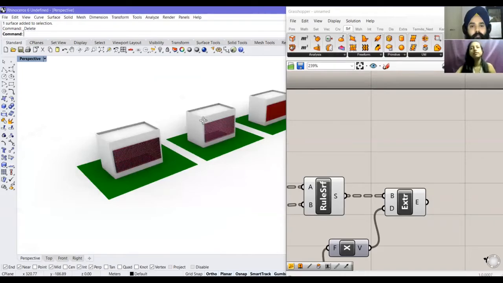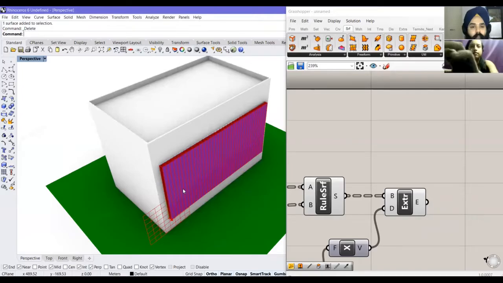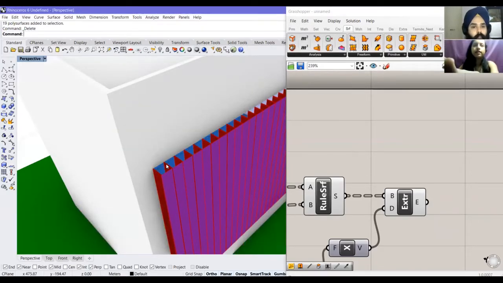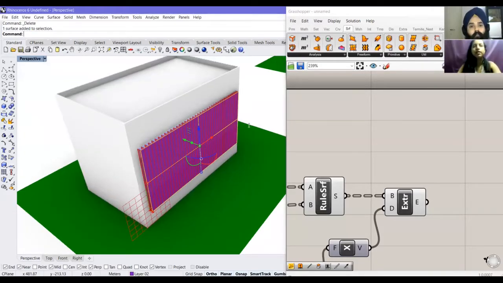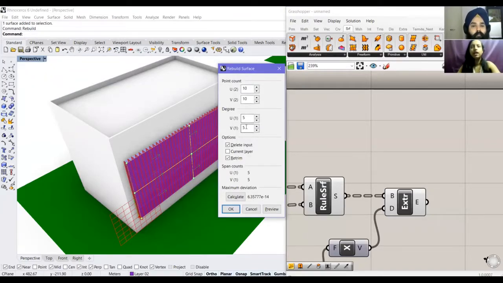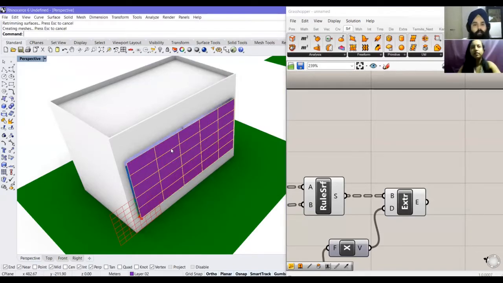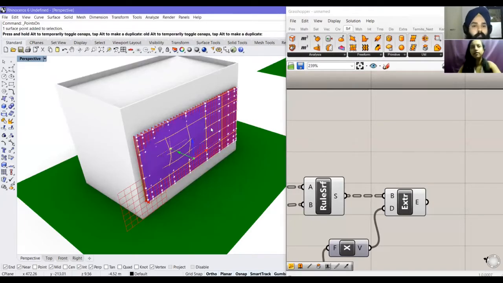Now let us look at something which is the most interesting for me. I'll just delete these extra surfaces and we can make the egg crate. Now we have this surface. Now is something that is probably the magic of parametric design. I'll do a rebuild command. Rebuild gives me the allowance to have more points on the surface, to tweak the surface. So let's say I have 5 and 5 points, and now I'll do a show control points. I can see these control points. Now I'm just tweaking the surface.